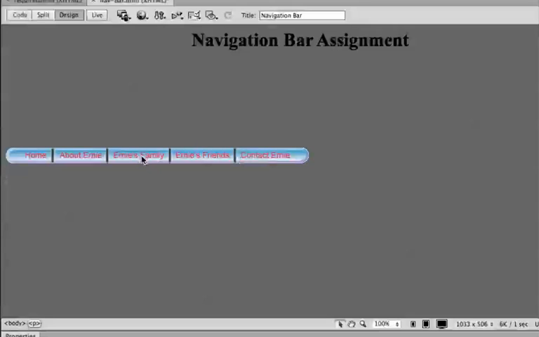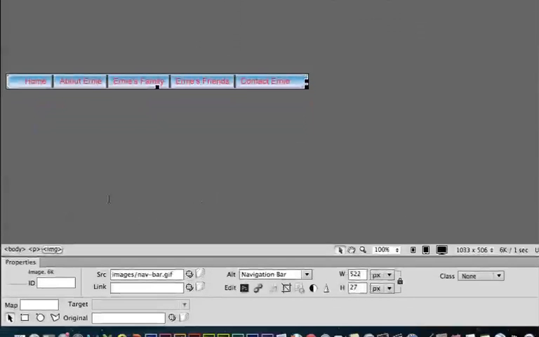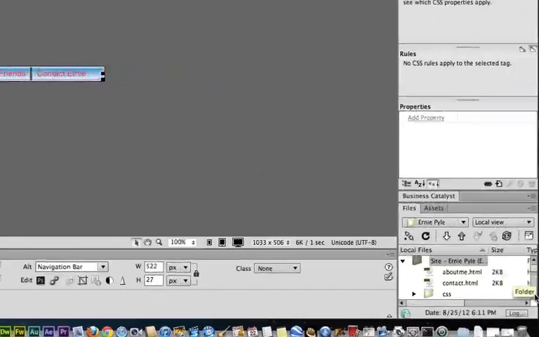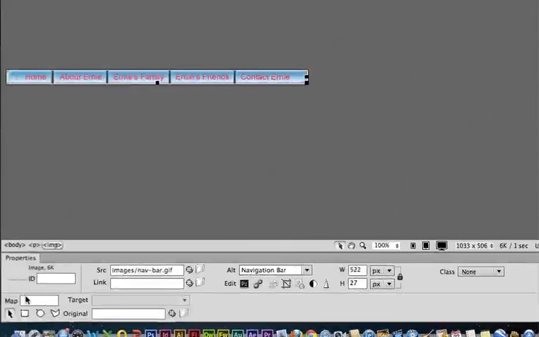Okay, I'm going to click on the graphic, and the graphic is active. I can see the little handlebars on it, which are telling me that this is an active graphic. The first item is the home page, and I'm coming down into my file area, and I know that the index page is the home page. I want to make sure that I can see down here